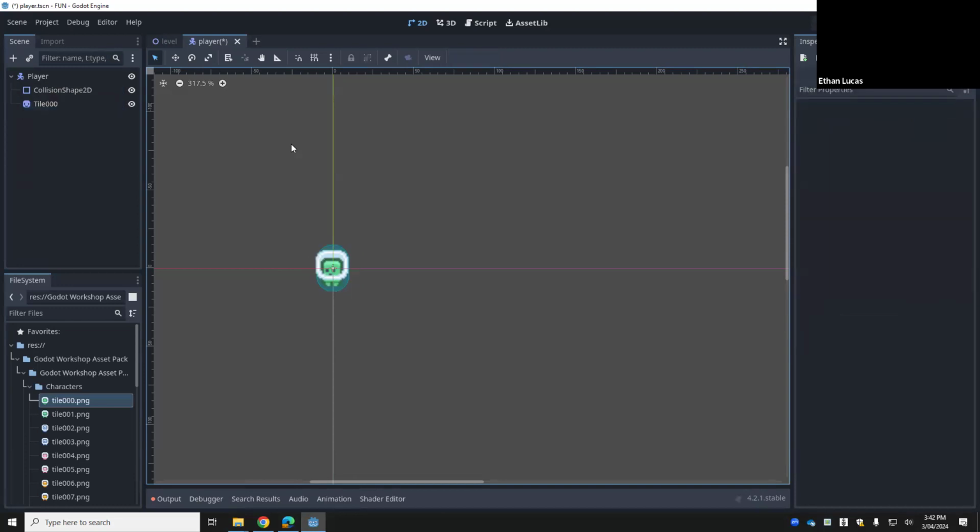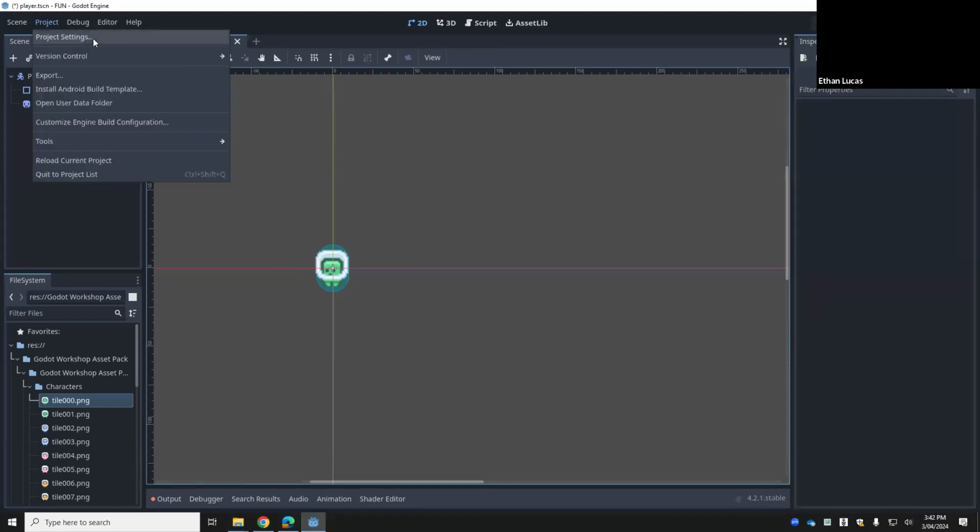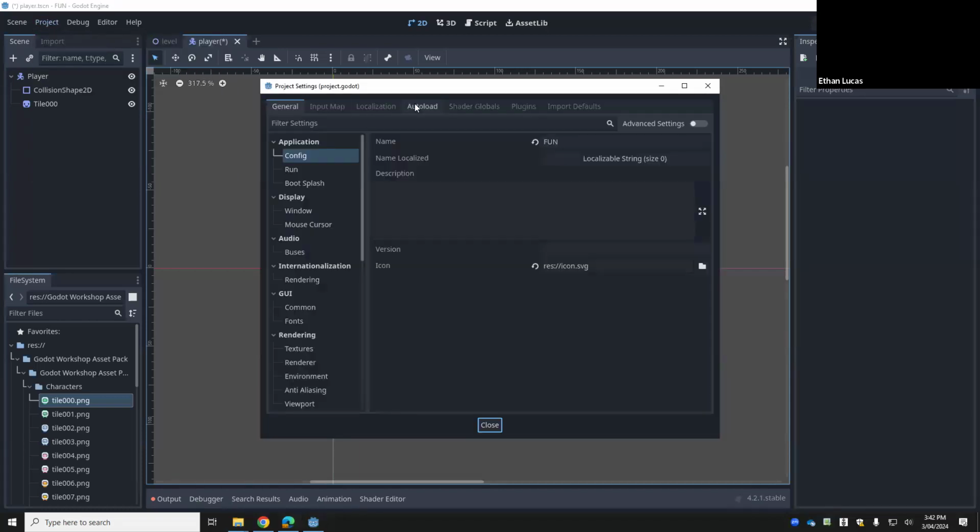That's just the way that Godot is rendering sprites at the moment. So at the moment, it's purposely blurring it to make it less intensive on the renderer, but we don't have to worry about that, right? We're going to open up the project settings. So we'll go project settings. And then we'll go down